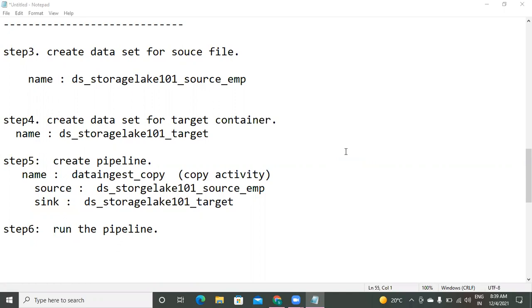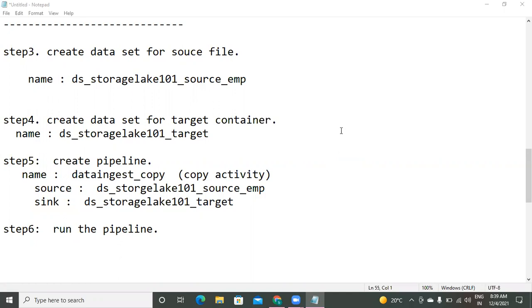To create datasets, linked services. To create linked services, integration runtime. You need to follow step by step. First, we work with the auto integration runtime. Later, in the climax, we will work with on-premise data to cloud migrations.